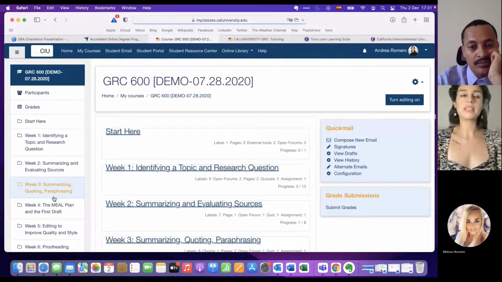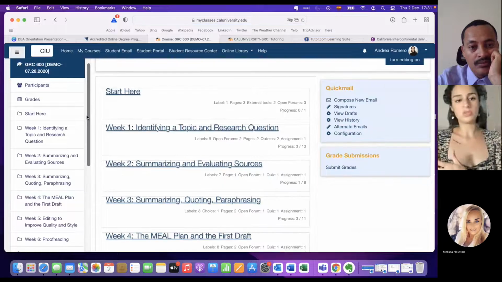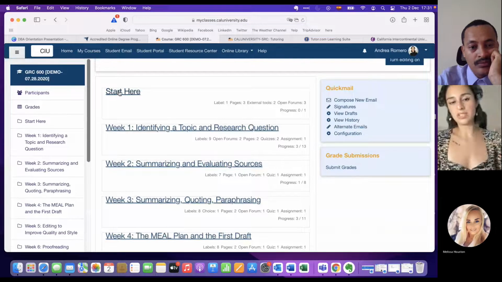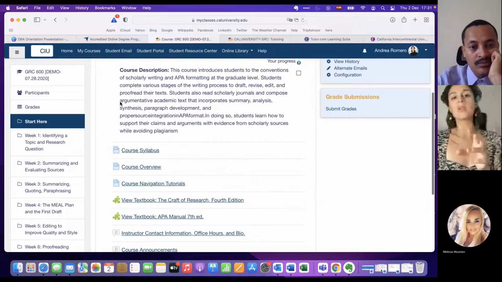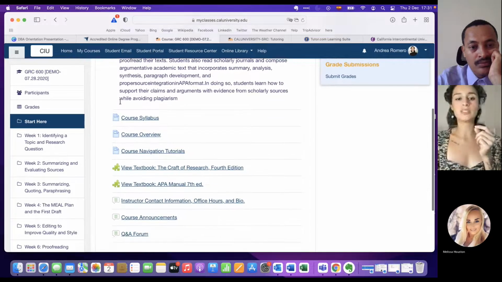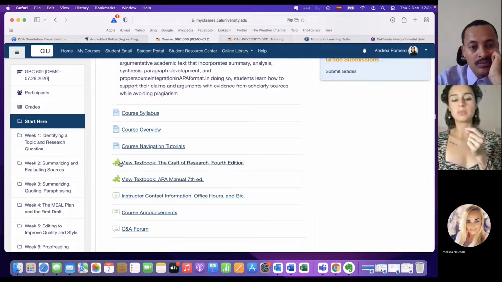And we obviously advise the students to just start here on the Start Here folder, because that's where you'll get access to your instructor's contact information. You'll get access as well to different communication that the instructor lays out to all students regarding the grading, the welcome message, and that sort of dynamic. You will also get access to your different textbooks. So you will see your textbooks